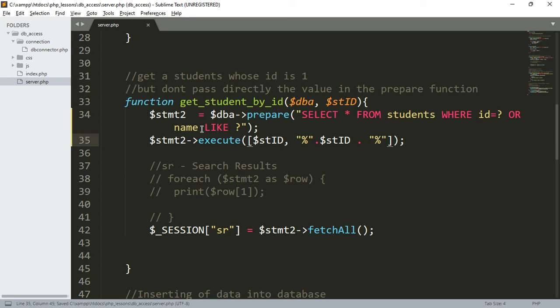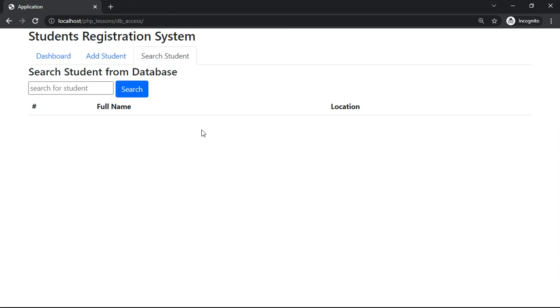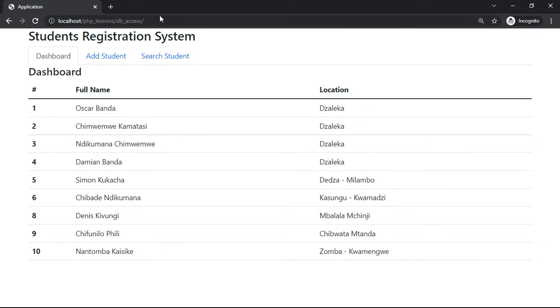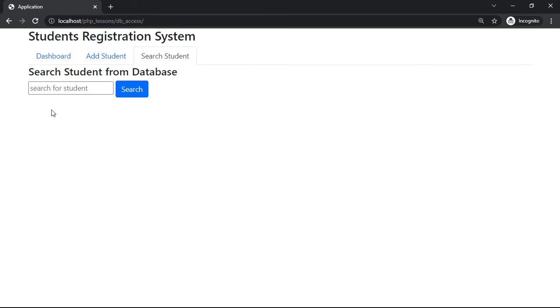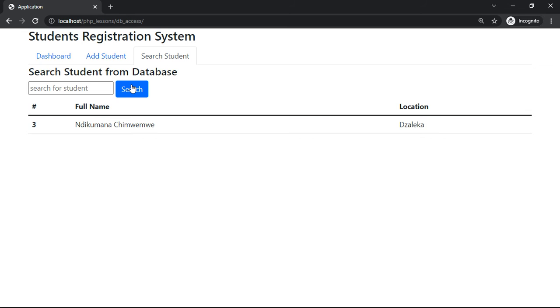So let's try this. Let's go to our application. Okay, our application has loaded. So we go to search. And here, what we want to do is search exactly. Let's start by ID. If we put 3, and it's still searching, the 3 is there. So if we put